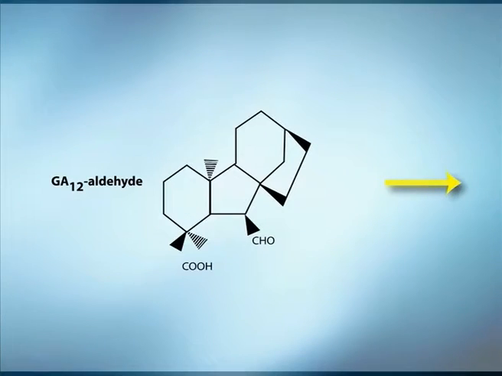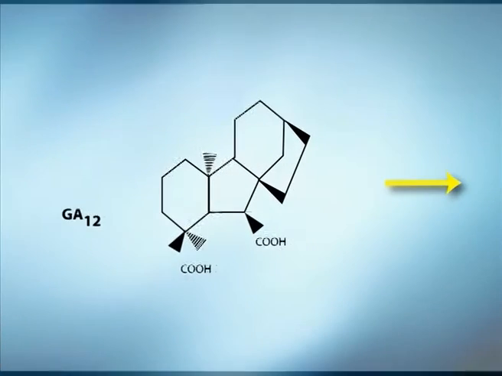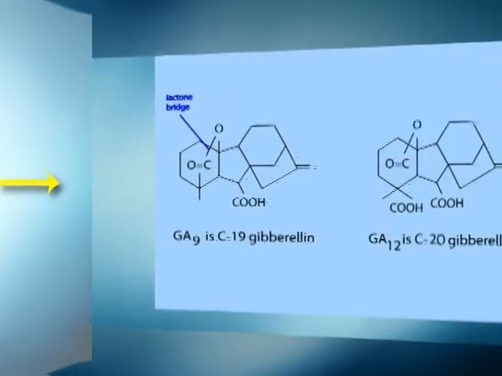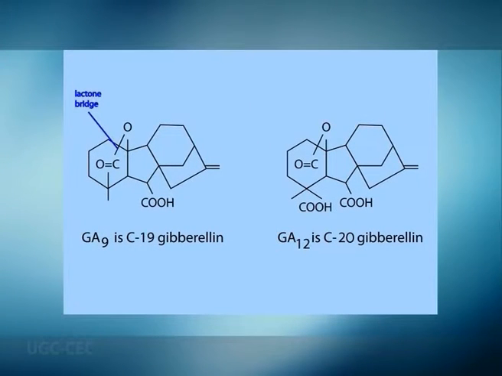Kaurenoic acid is converted to the aldehyde form of GA12 by decarboxylation. GA12 is the first true gibberellin ring system with 20 carbon atoms. From the aldehyde form of GA12 arise both 20 and 19 carbon gibberellins, but there are many mechanisms by which